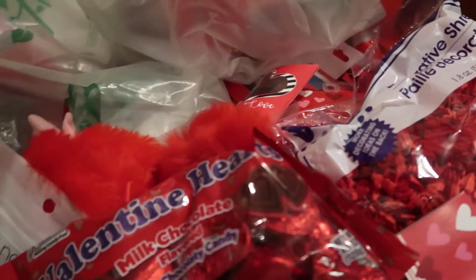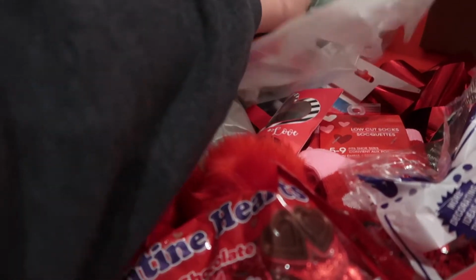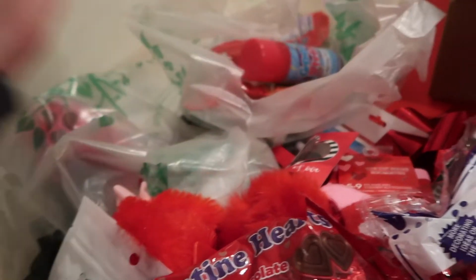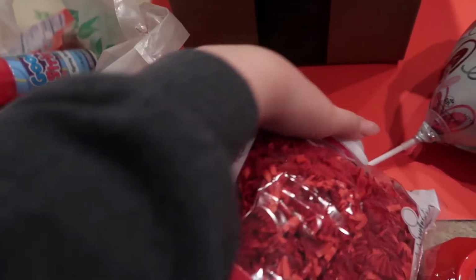Cheez-Its, because everybody likes snacky food, so I'll get some snack foods too. Bubble gum, and what's the last thing we have in here? Just some silly string. It's just fun. Okay, so I'm gonna put all this stuff away, but I'm going to cover this box,